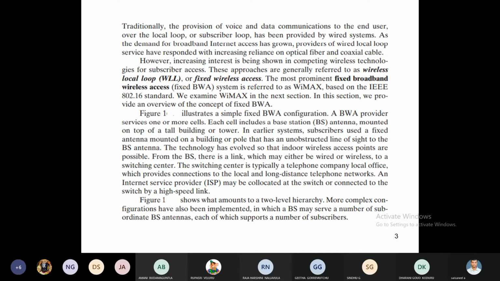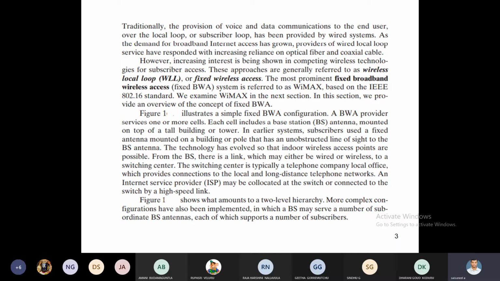Suppose in your hometown there is one telephone exchange, and we want a broadband connection from the telephone exchange to your home. They give a separate OFC cable line to your home installation.